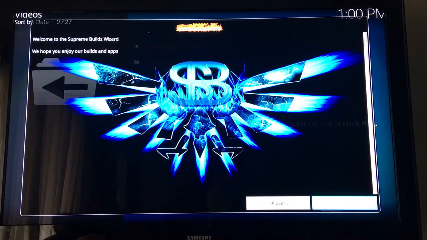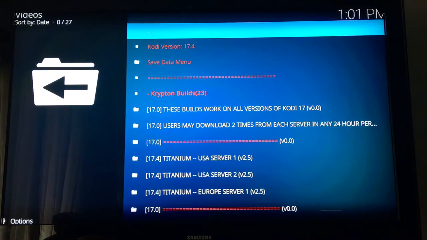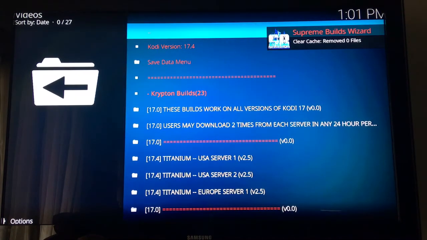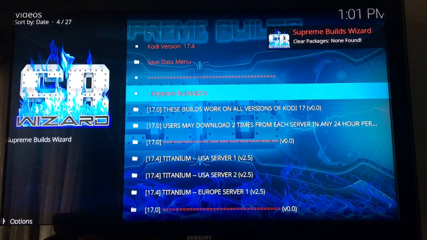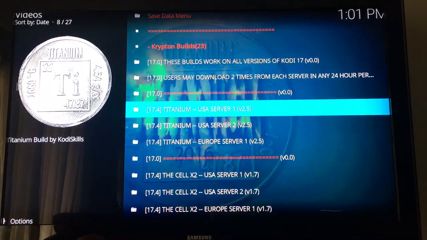So, you know what, this was funny last time. Go ahead and click dismiss. If your screen comes up like this again, just go ahead and click dismiss again and then click continue. And now on here, and build menu, sorry, I apologize. Okay, so now once we're on this screen here, we're gonna go down to where it says 17.4 titanium USA